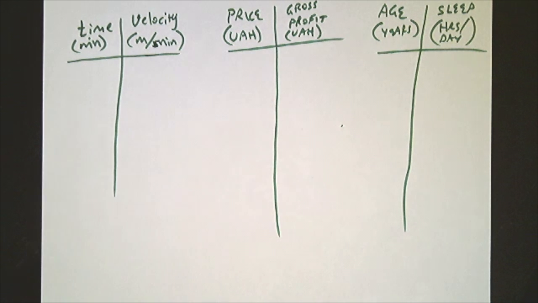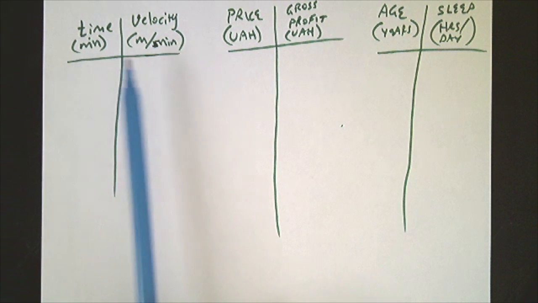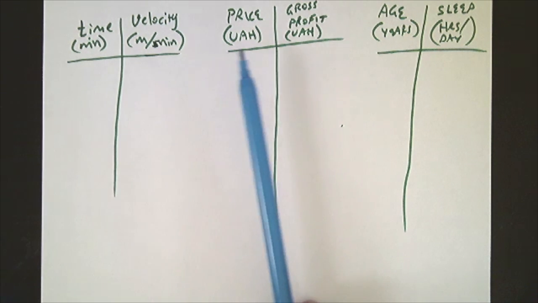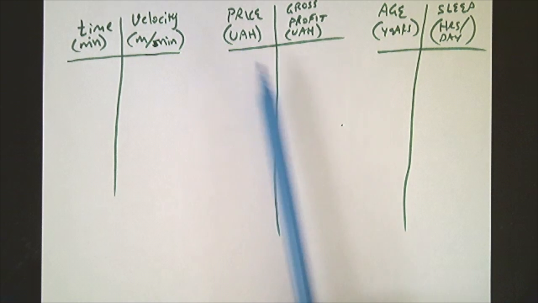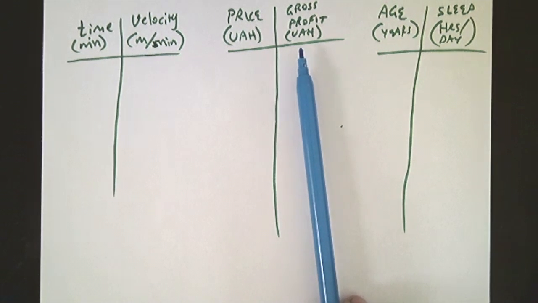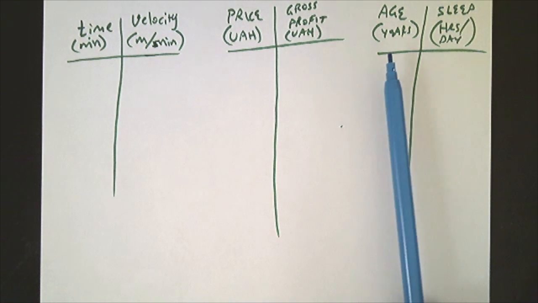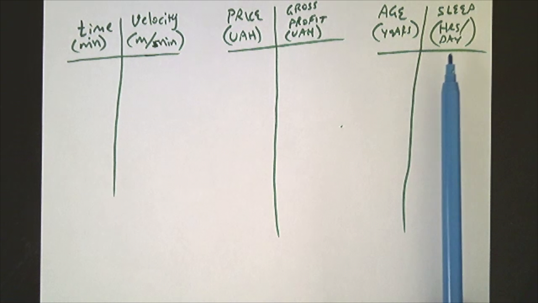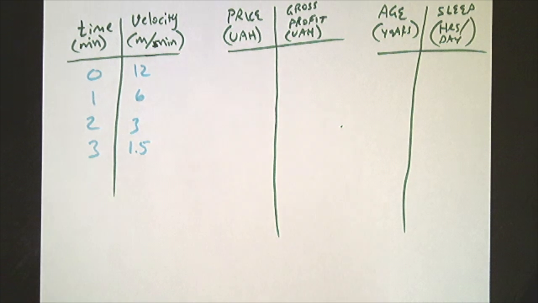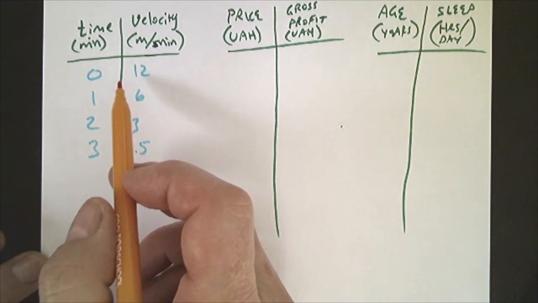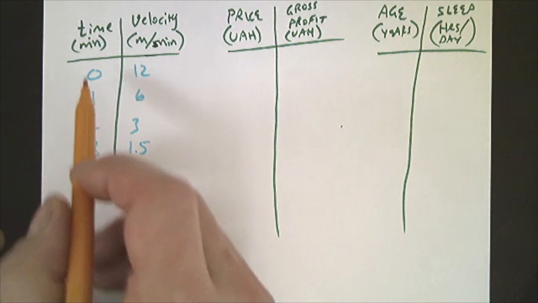So we want to compare three different equations, and we have the data for them. This time we're doing the chimney climb. We'll have the time and the velocity, and here we have the price of the croissant, and here we have the gross profit at that price. And here we have age, and then based on age, we have the number of hours of sleep that we have per day. So in comparing these, we can determine the function we want to model the situation by comparing